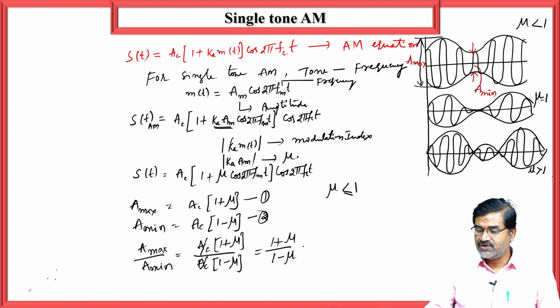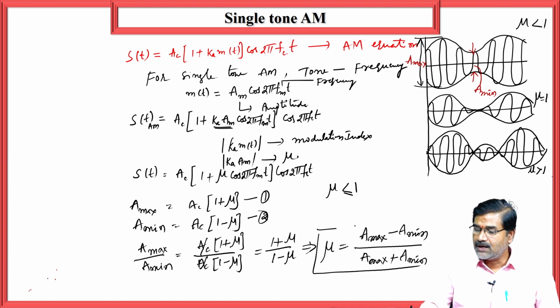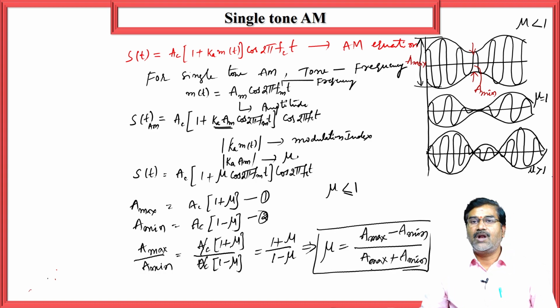By using the componendo dividendo formula, you can get the mu value as A max minus A min divided by A max plus A min. In the laboratory, you will use this formula to calculate the modulation index